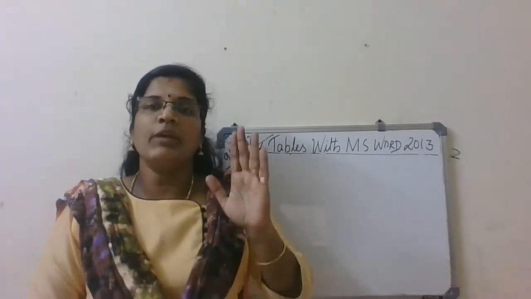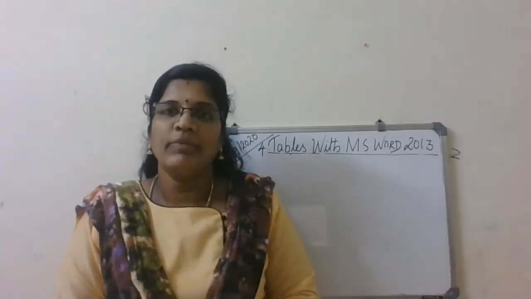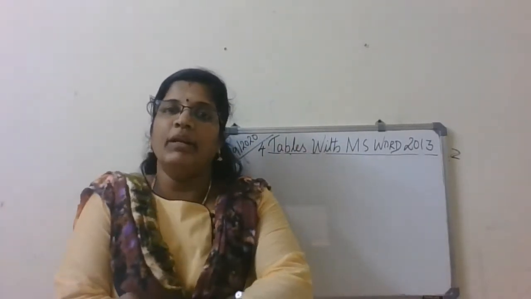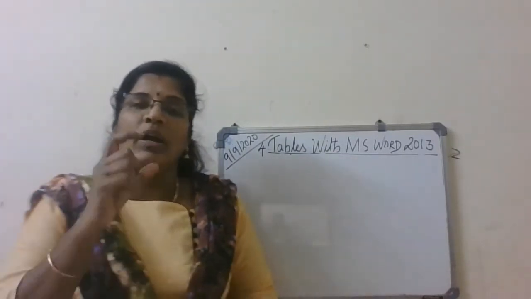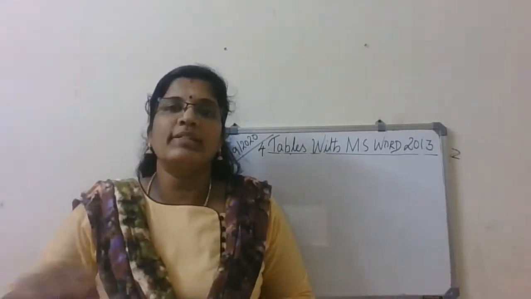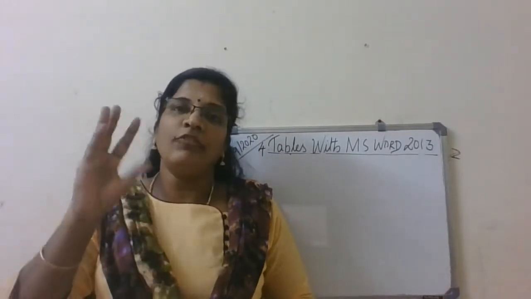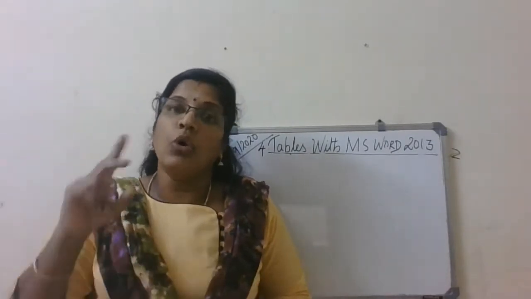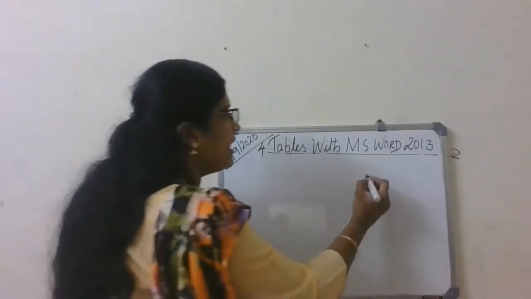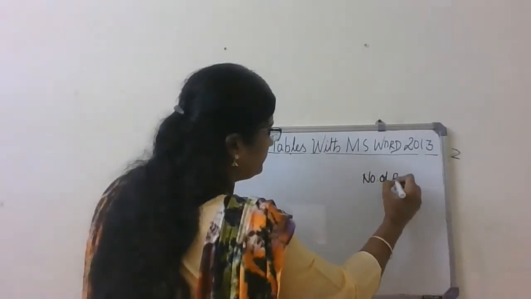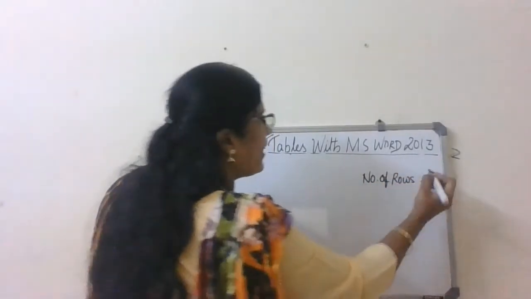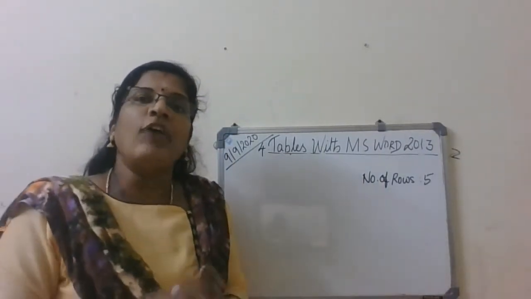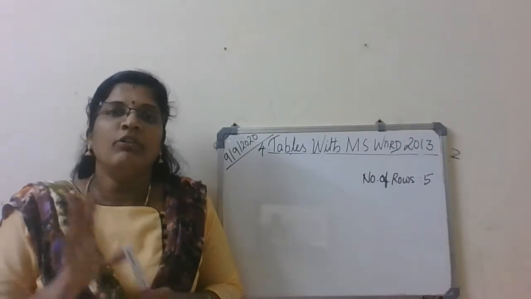I want to display a 5 students' name list with the roll number 1, 2, 3, 4, 5, and the students' names. I want to write it in a table. So just imagine what I need. Total how many rows do I need? Because I'm going to specify 5 students' details. So 1, 2, 3, 4, 5. 5 rows I need. So number of rows is 5, because I'm going to display the name list of 5 students.